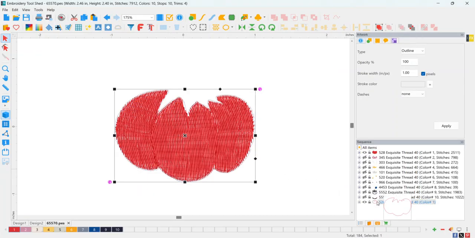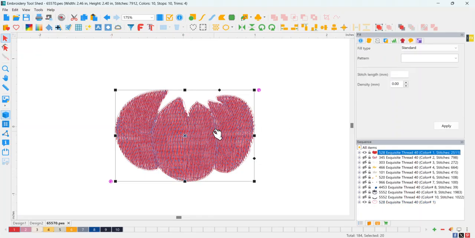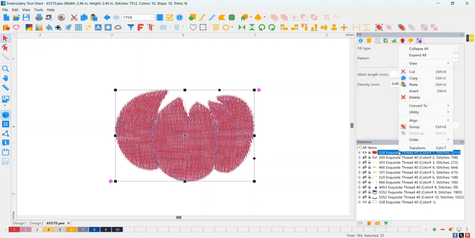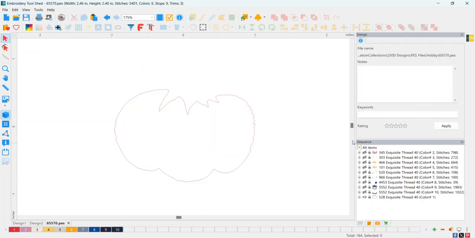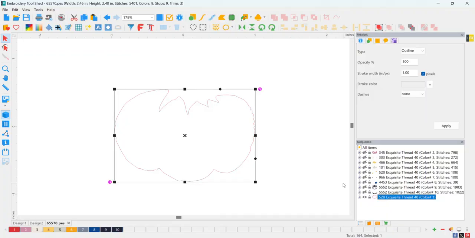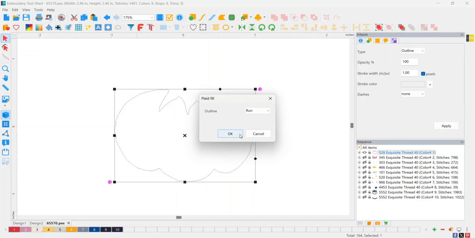And now I have an artwork outline that we just created. So for the red fill area here in my sequence view, I'm just going to delete that. If I right mouse click, I can choose delete, or you can press the delete on your keyboard. So now for my tomato, I'm going to click to send it to the back because that's where it needs to stitch, and this is just artwork, so now I can actually apply my different